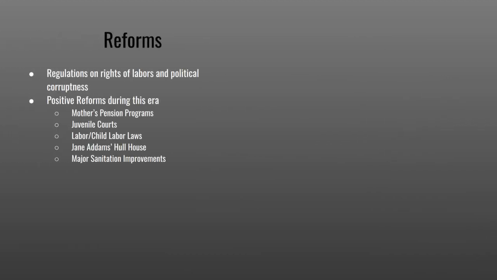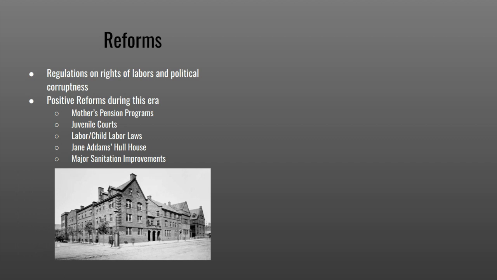This brought progressives who introduced reforms and regulations, such as rights of laborers and addressing political corruption. Positive reforms during this time were the Mother's Pension Program that helped widows and mothers who had been abandoned, child labor laws, first through the Keating-Owen Act of 1916, later on in the 30s finally becoming full labor laws, and Jane Addams' Hull House, which was a settlement house that treated immigrants very well, unlike other ones at the